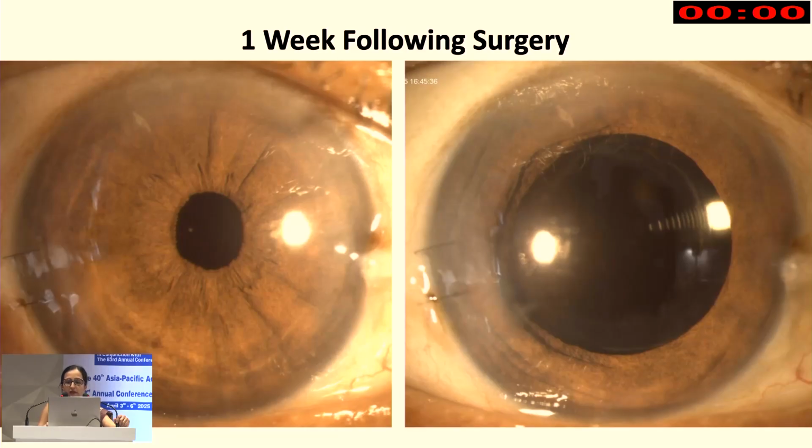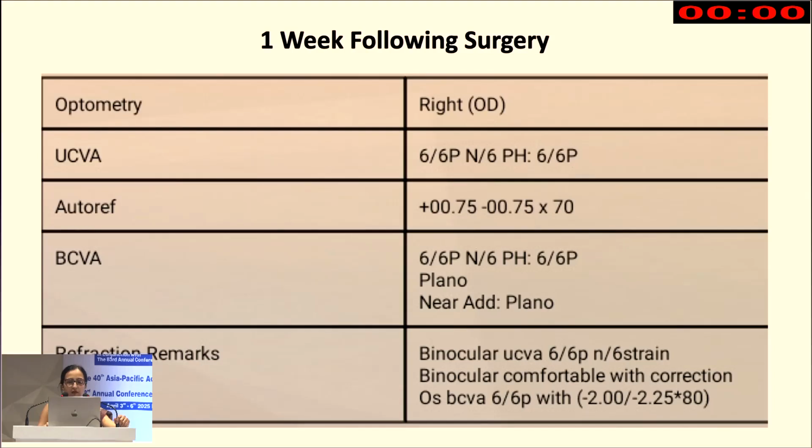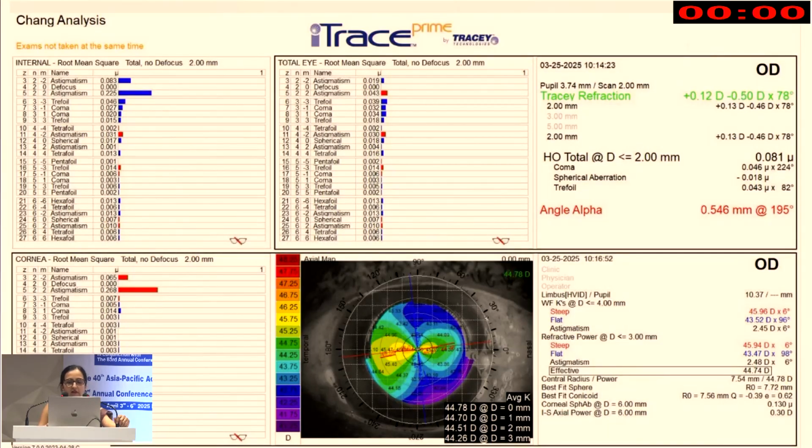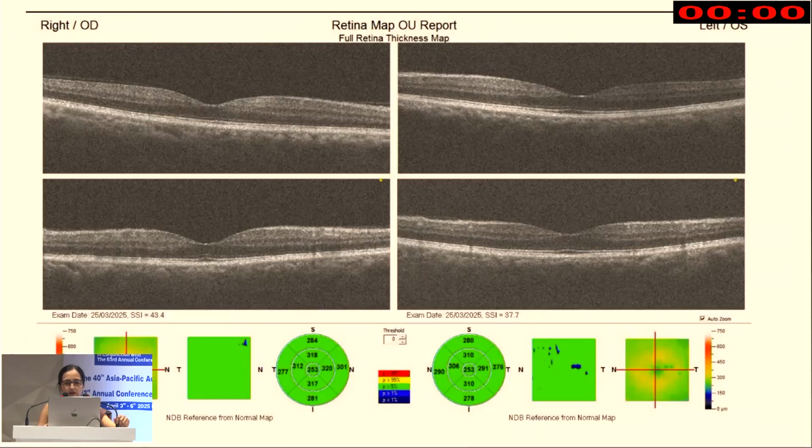And this is 1 week following surgery. This is what the patient looks like. This is the actual refraction, 6/6 partial N6, and this is the eye trace showing a perfect refraction and the